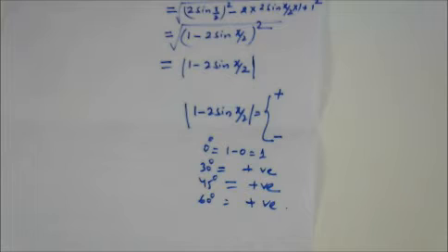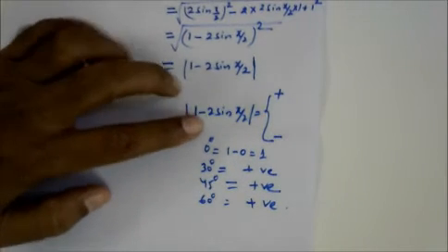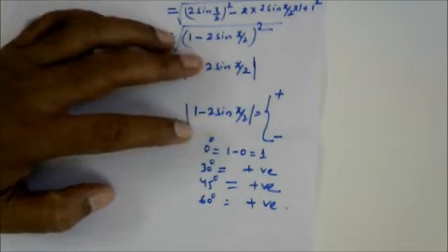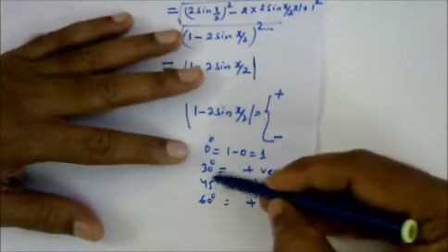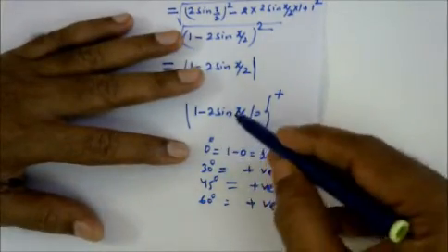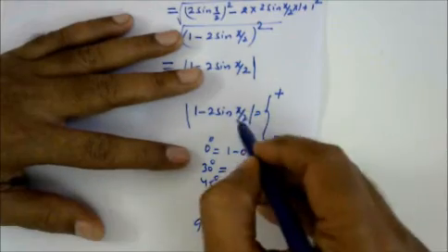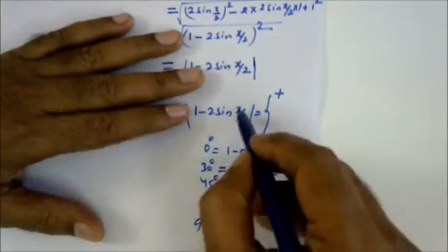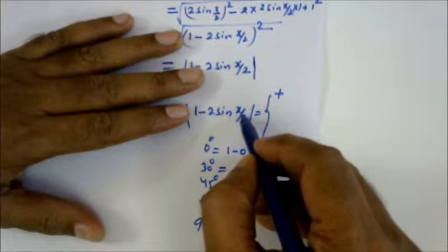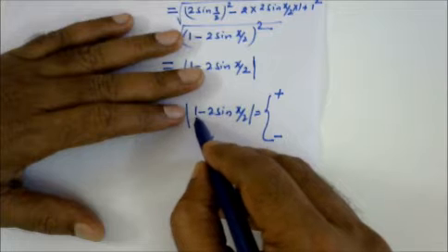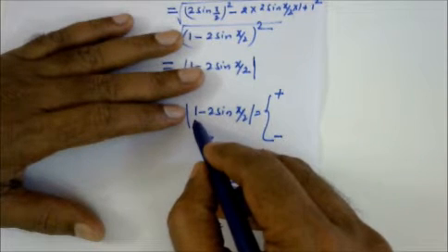If we increase more than 60 degree, then chances are that it will become negative. Because when we put 45 degree, it became half. Now when we put 90 degree, 90 divided by 2 gives 45 degree. Sin 45 degree is 0.707, and 0.707 times 2 will make the value more than 1, somewhere around 1.4.